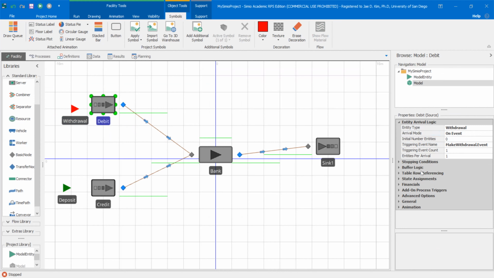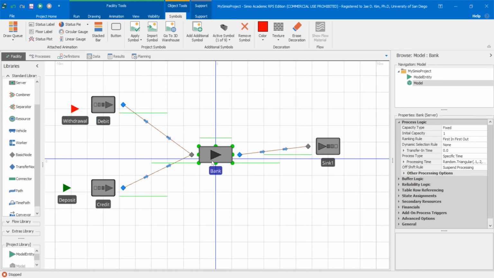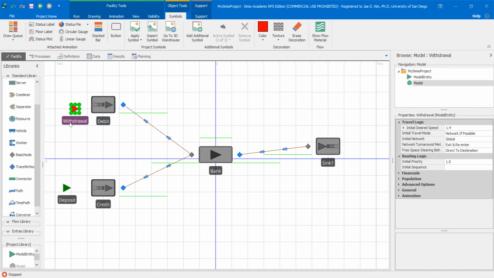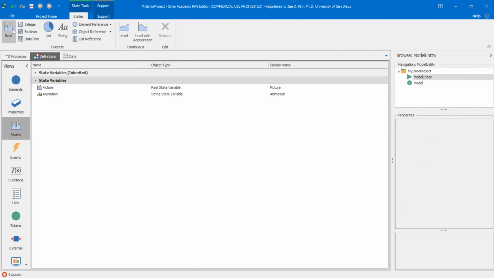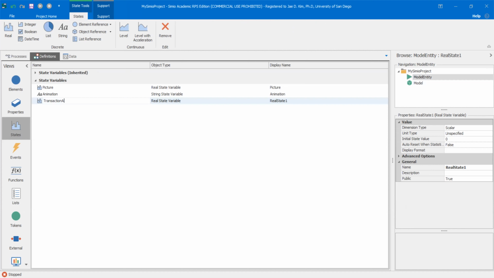So I'm going to trigger this event. Now, let's not make it complicated here. Once it hits the bank, before this thing leaves, I'm going to create a variable at the model entity level, a real value, and this will be the transaction amount. Well, let's call it amount. Whether it's the withdrawal or the deposit amount, I'm going to store that value inside the model entity